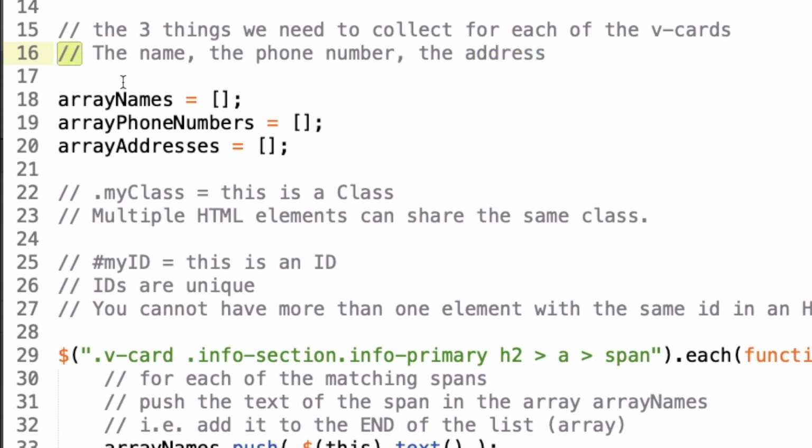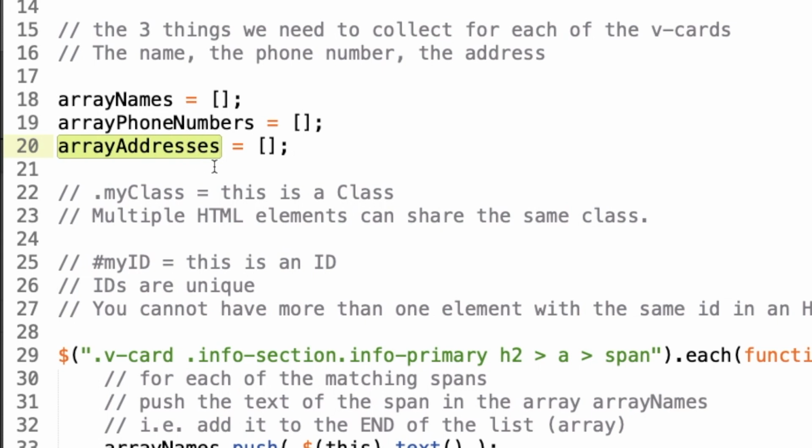We are going to create an array for each of these three. The simplest way to understand or visualize an array is to think of it as a container that contains a list of stuff. We can give our array a name just like you would name your child. It can be Bob or Mindy or whatever you want it to be, but I recommend to start your array name with a letter. So for our purpose, we are going to call them array names, the list of names we extracted, array phone numbers and array addresses.